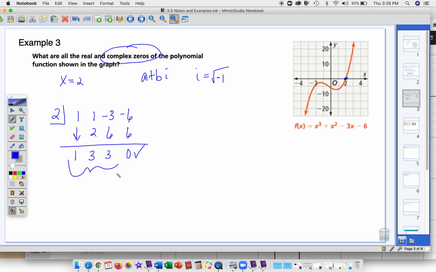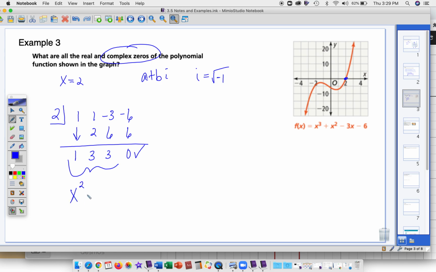So now, if you remember, we had that one problem in homework, which a lot of you did very well on, that volume problem, where you're given one dimension and you're asked to come up with linear factors for the other dimension. That's what we're going to do here, except